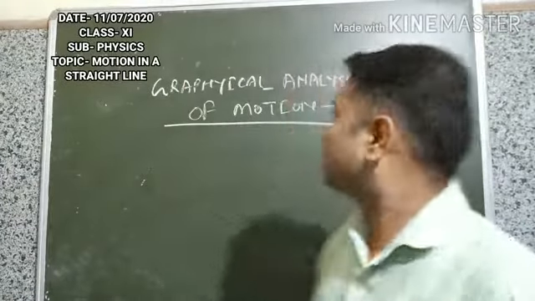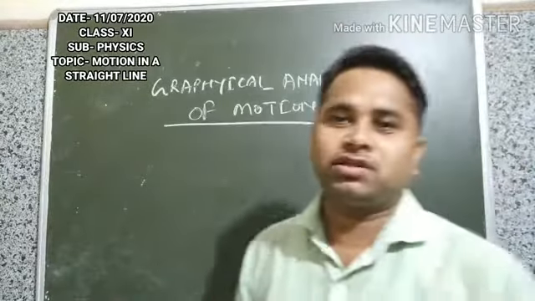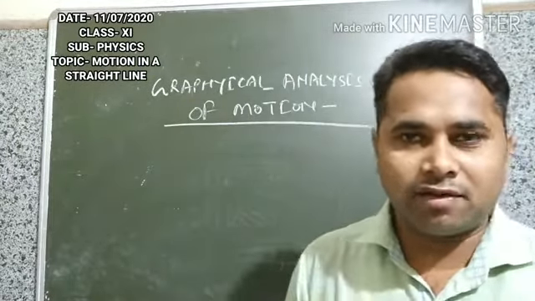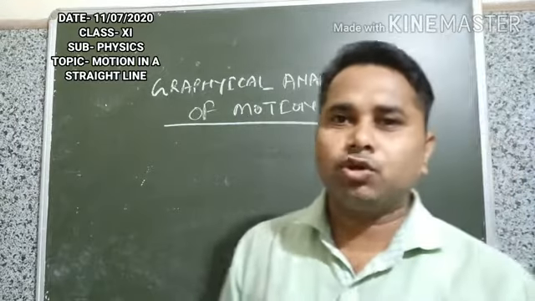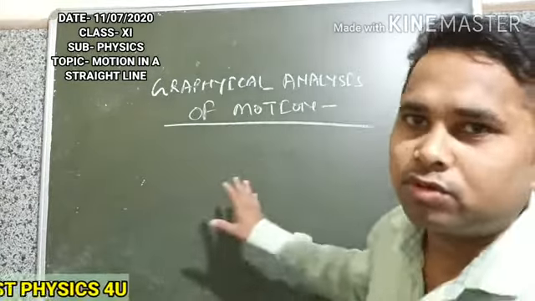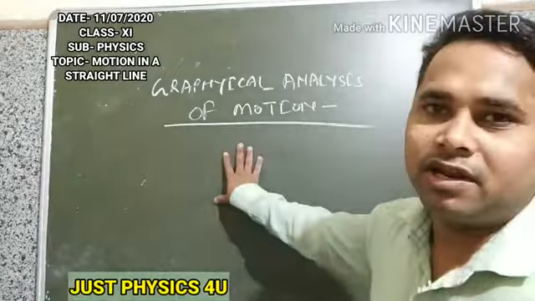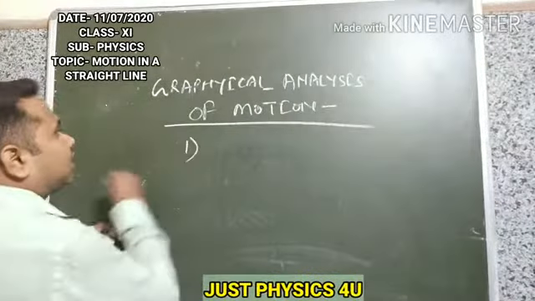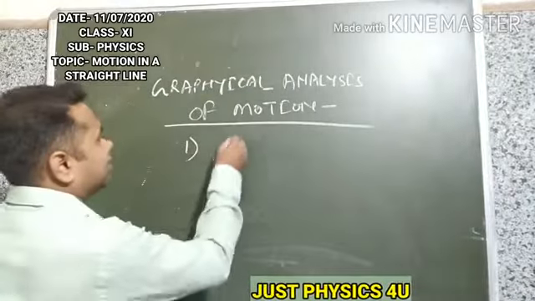In the last lecture, we were discussing the graphical analysis of motion. At the end of the lecture yesterday, we discussed the different types of graphs representing different types of motion. Now let's discuss some more points in this graphical analysis of motion. See here, in the graph, distance time